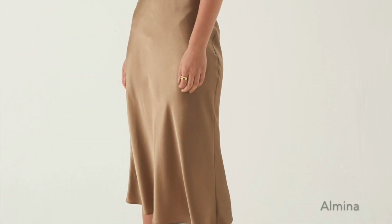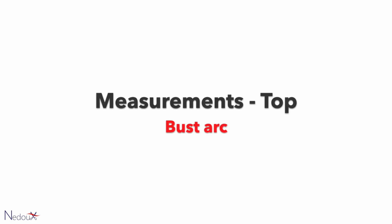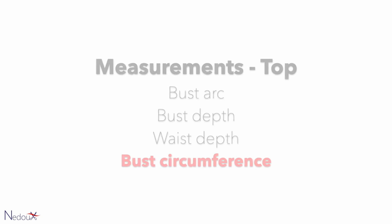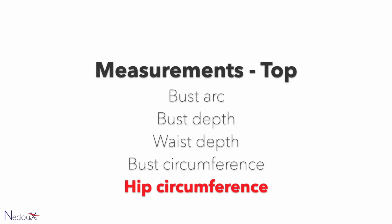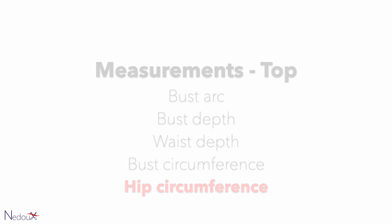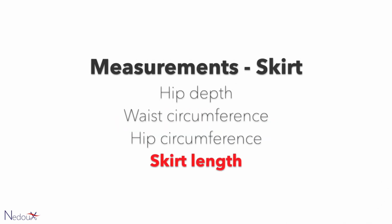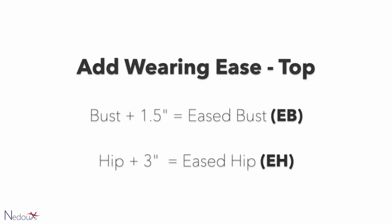The project was inspired by this set by Almina. The following measurements will be required: the bust arc, the bust depth, the waist depth, the bust circumference, the hip circumference. And for the skirt you'd need the hip depth, the waist circumference, the hip circumference, the skirt length. You'd also need to add the following wearing ease: